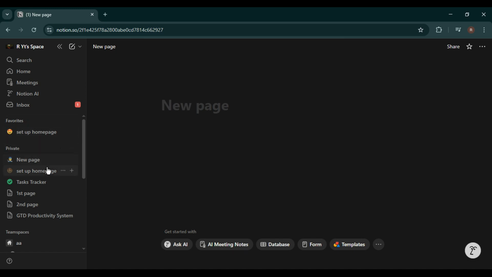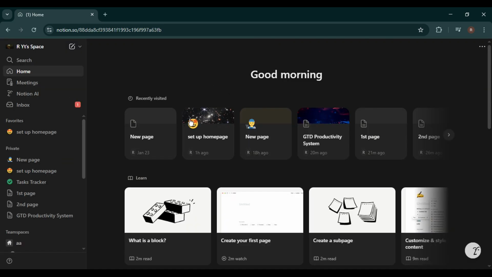If you're working across multiple workspaces, make sure you're in the correct one. The Home button takes you to the home of the current workspace you're in. You can switch workspaces by clicking the workspace name at the top of the sidebar and selecting a different one from the list. Knowing how to quickly return to home might seem basic, but it saves a lot of time